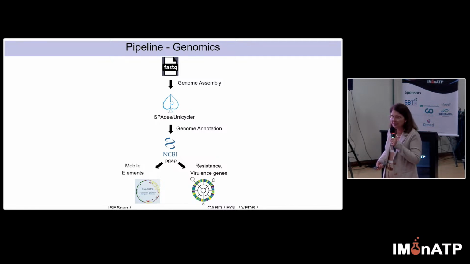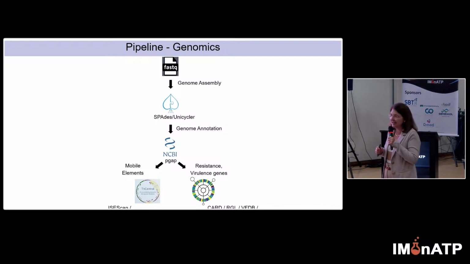I don't know if you know the Illumina platform. It's a next generation machine for sequencing and produces short reads. Then you have to assemble the short reads, and after that you get contigs for the genomes, and you assemble the contigs in bigger pieces, and after that you annotate the genes.